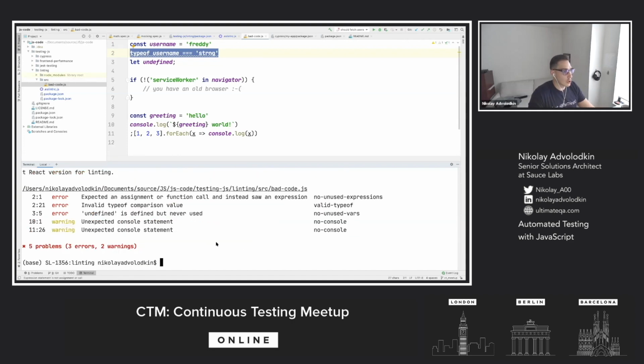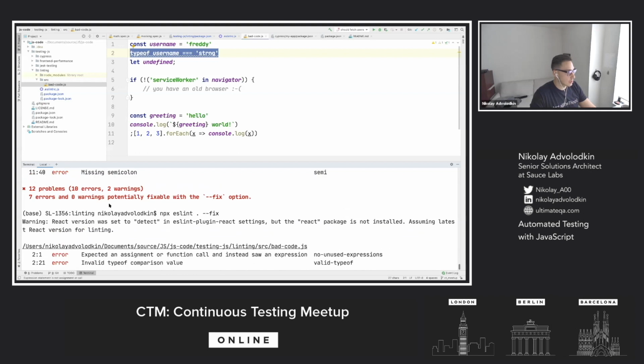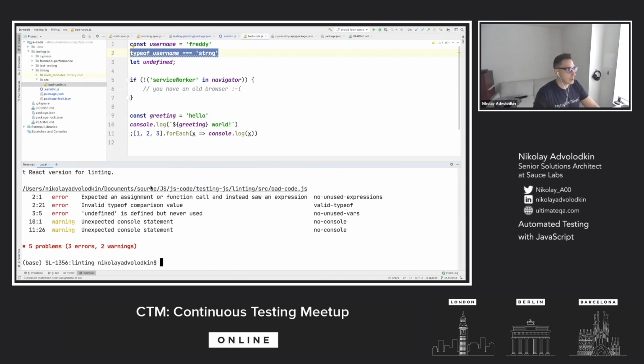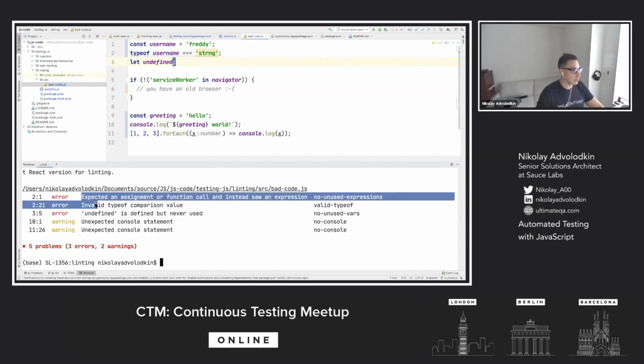So there you go. So it's fixed, I guess, 7 errors. It's fixed 7 errors for us. And if we pull up this code again, you can see that it just got rearranged, and you can see what it did. So it put a semicolon at the end of every single line. It fixed what it could, and then that leaves, of course, this second line of code that's a little bit